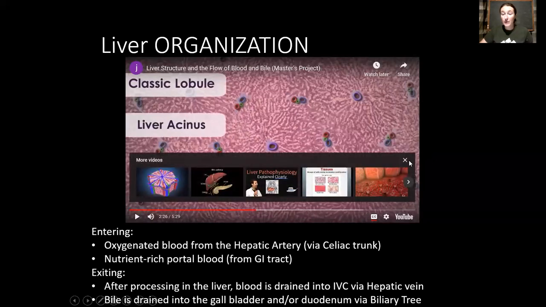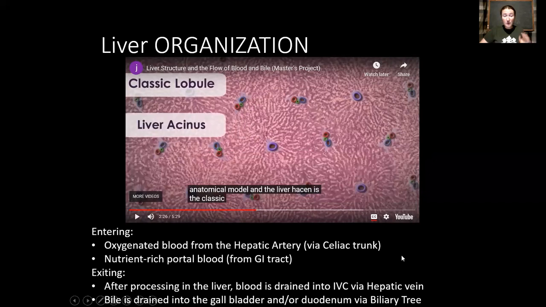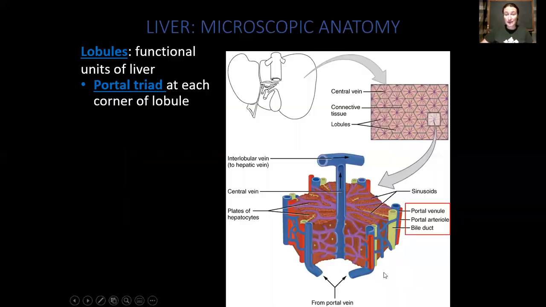Okay, so we won't go into the histology, but I wanted you to see all of these different flowing substances throughout the liver. In the video, she mentions that the classical structural unit of the liver, even though it's not visible with the naked eye, is called a lobule. The lobules, as she said, are roughly hexagonal in shape. And so here we can see essentially the histology that she was just beginning to show us.